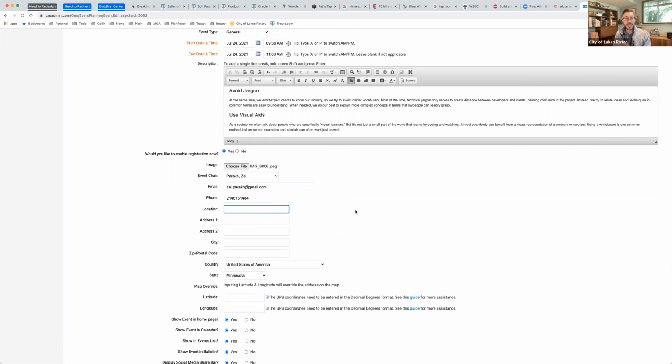Type in a location. If the location has a name, right? So this is Minneapolis Club. This is happening at the Minneapolis Club. Minneapolis Club, if I can spell. Right, that's the name of the location. And then address is just like normal. I think it's,